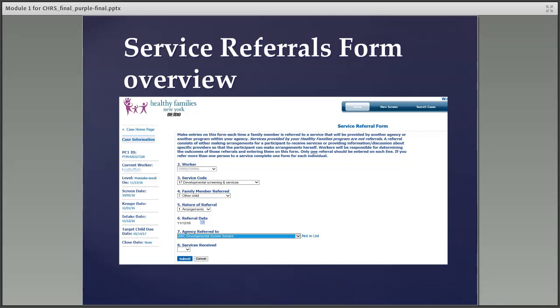You'll notice that there is an item here called Not in List, and what that does is enable you to add a referral source on the fly. We encourage you, if you're going to do this, to speak with your supervisor to make sure it follows the various patterns and logic of your list. That completes the initiation, and you can submit this form